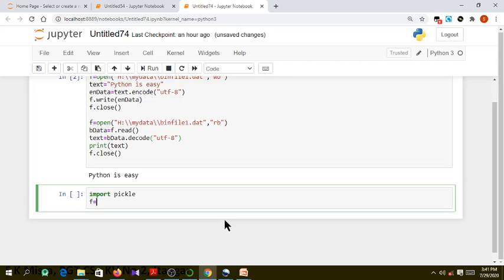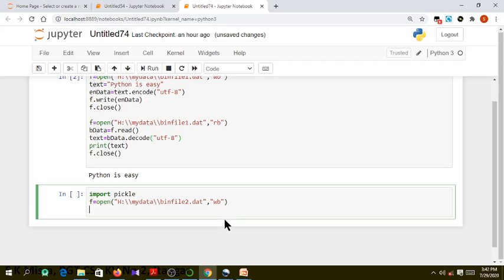File object equals to, suppose I am opening a file in a folder, this is my path name where I am storing files. Say the file is binary file 2.dat. This file I am going to create and I am going to open it in write mode.